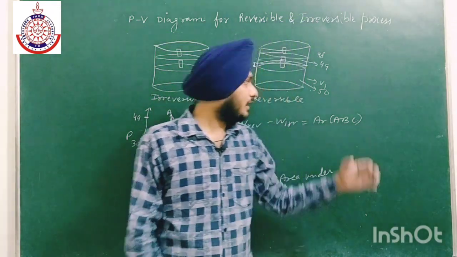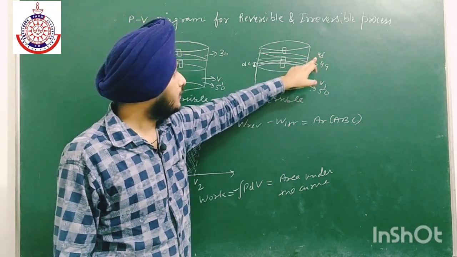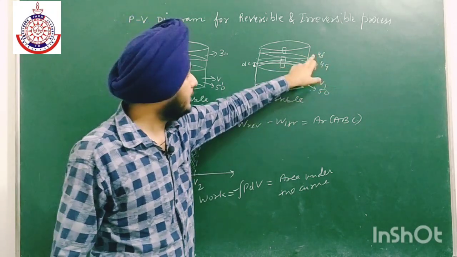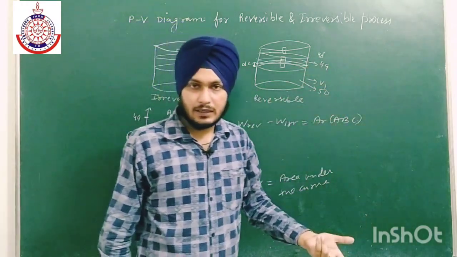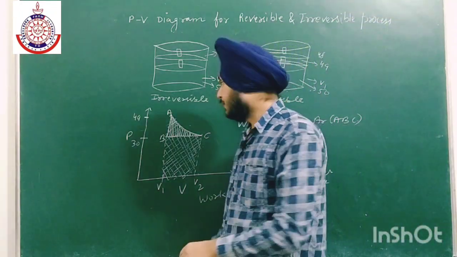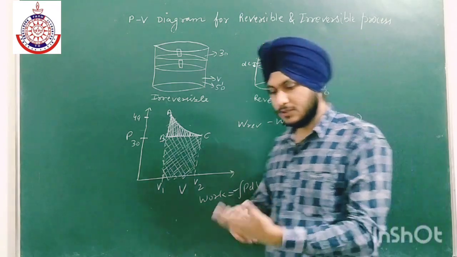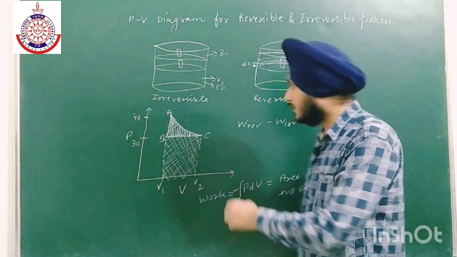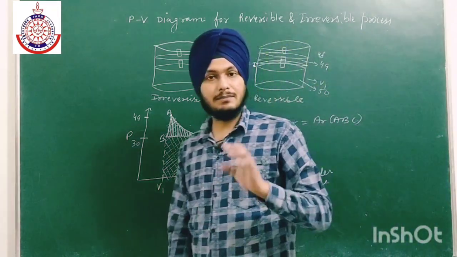Okay, it is not necessary that every time the pressure goes from 49 to 48. In another step it may be 48 to 47.9, 47.8. So a reversible process takes a lot of time. That is why we will get a sharp curve. The steps are so continuous that we will get a sharp curve, and in case of reversible we will get the maximum work,